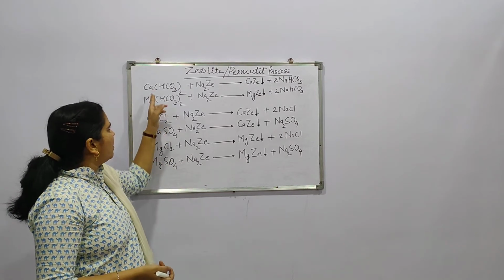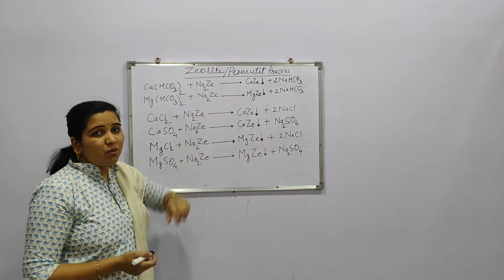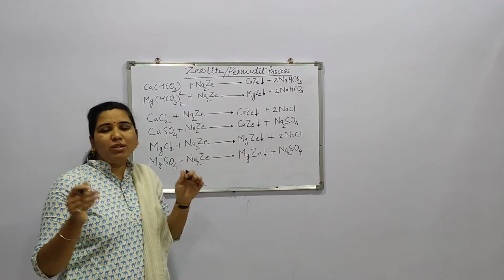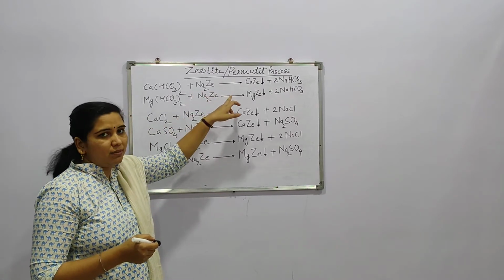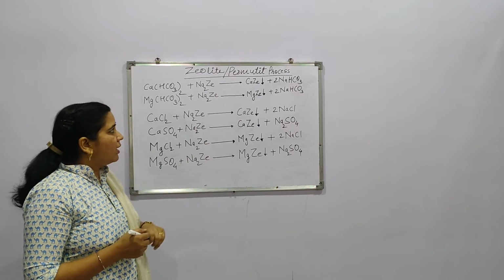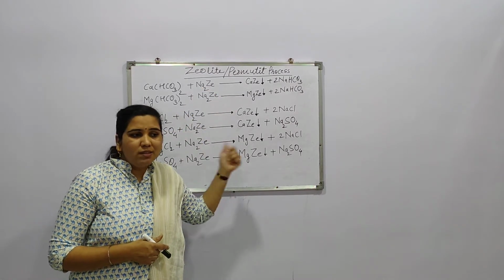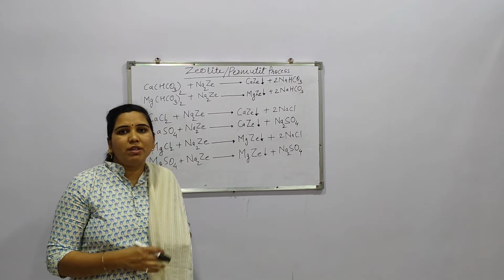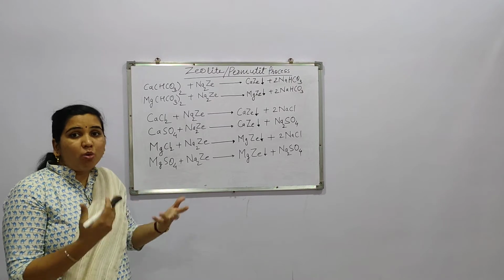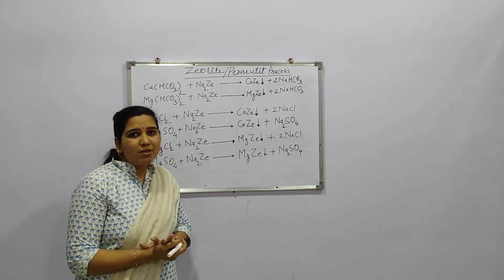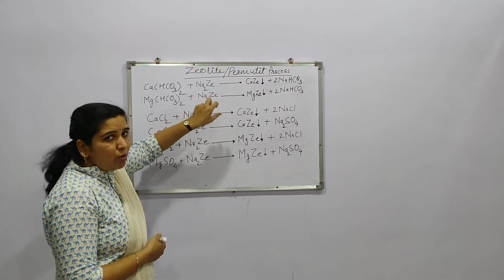So this temporary hardness, that is calcium bicarbonate, when treated with a zeolite. Now the total disodium salt of zeolite is written here as Na2Ze. So Na2 is disodium and Ze is zeolite. This is written in such a way for the sake of convenience, so that what type of reaction is possible and how it is going on should be understood properly. So Na2Ze is a pure form of zeolite.